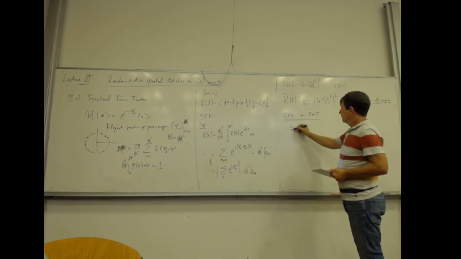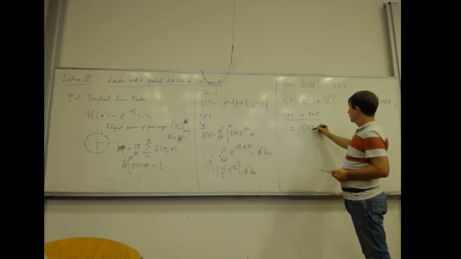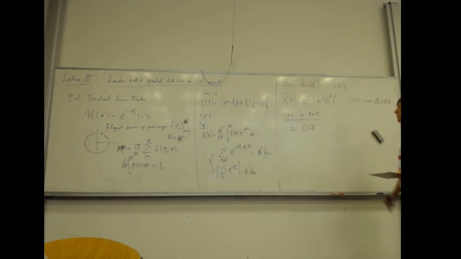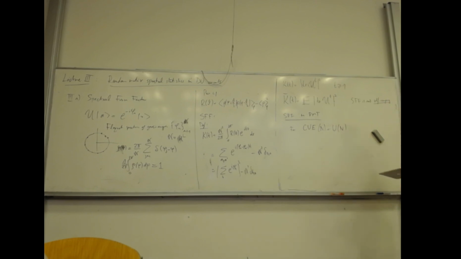So this means that we have to use the so-called CUE, the circular unitary ensemble of random matrices, which is the same as unitary matrices. So this is a unitary matrix, with an ensemble defined with respect to a measure, the so-called Haar